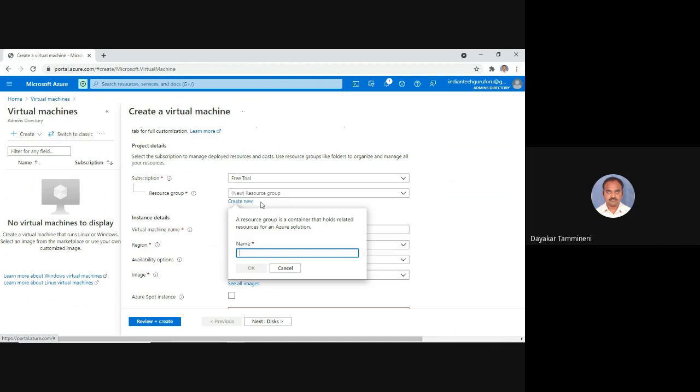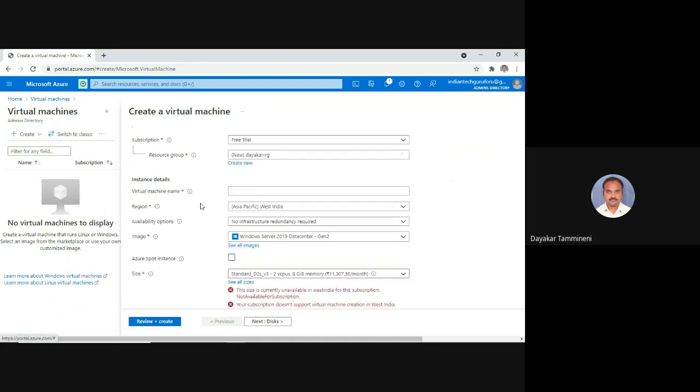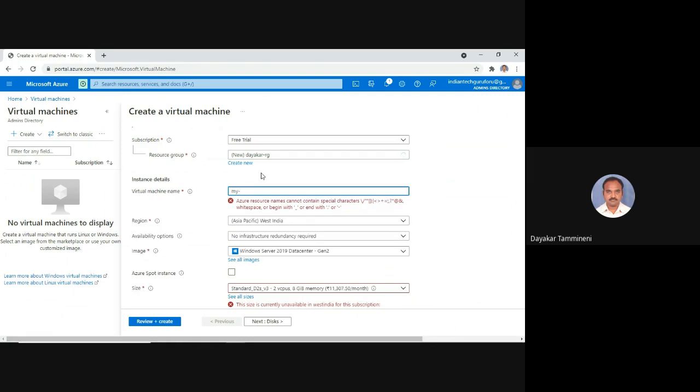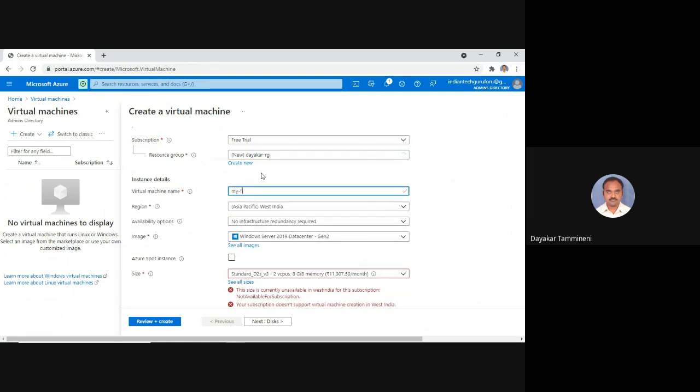So just now I can create a new resource group. I am creating Dayakar RG as the new resource group. And then I need to give the name of the virtual machine. I am giving my first VM, my first virtual machine, and region.